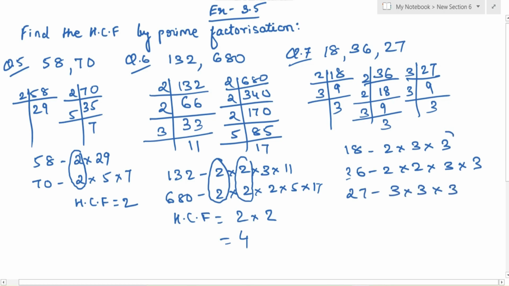So here you can see that this 3 is common in all 3. So we write down the HCF: we are getting one 3 common, and another 3 3 3. So one more 3 is common in both of them, and apart from them no other numbers are common in all 3. So 3 3s are 9 is the HCF for this question.